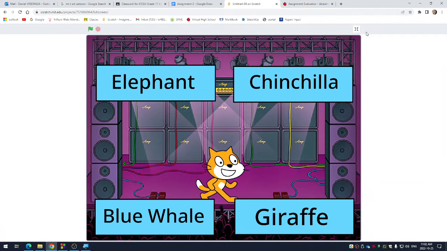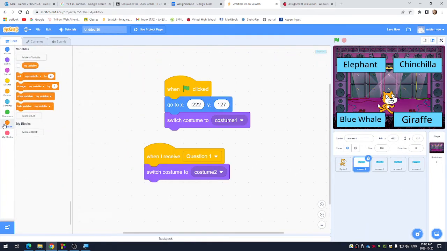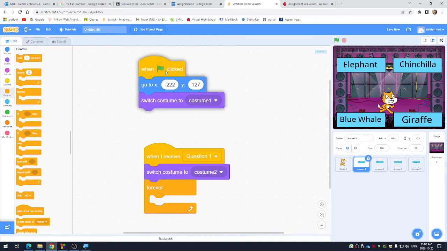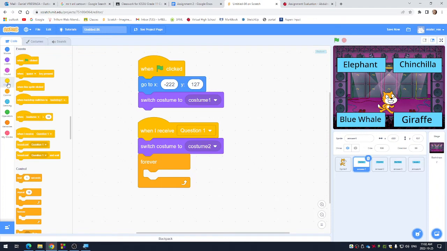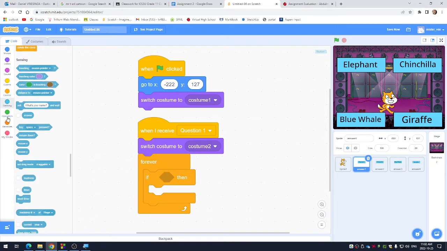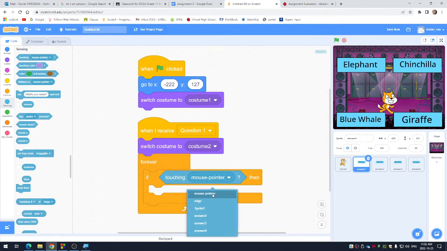Now, okay, so here's what I'm going to do with each question. I'm going to make a loop to check if the person touches that answer. So under control, I want this forever loop to be constantly checking. I need an if statement to see if they're touching the sprite and to see if their mouse is being released, actually. So, okay, here we go. If I am touching the mouse pointer, okay, so I'm on the elephant one right now. If I'm touching the mouse pointer,